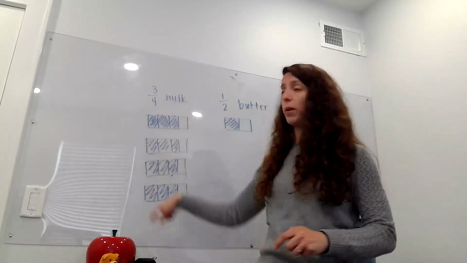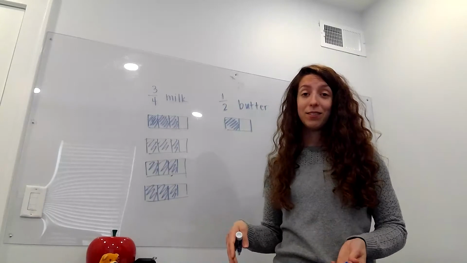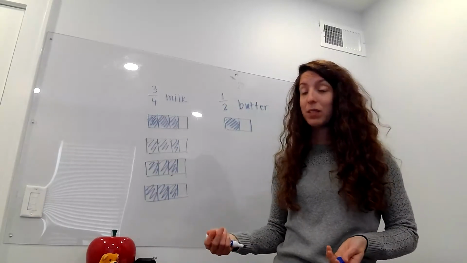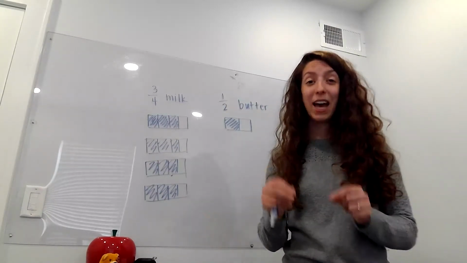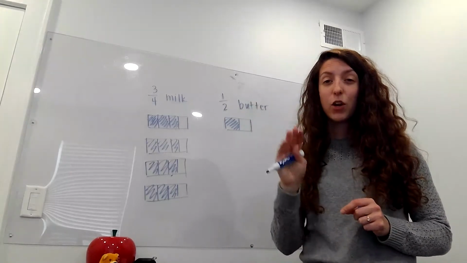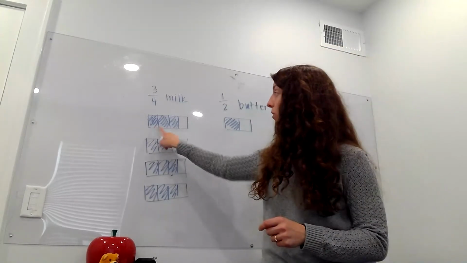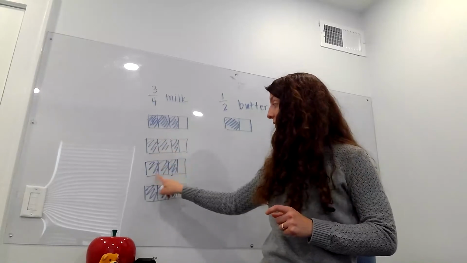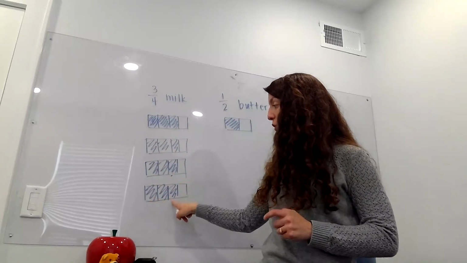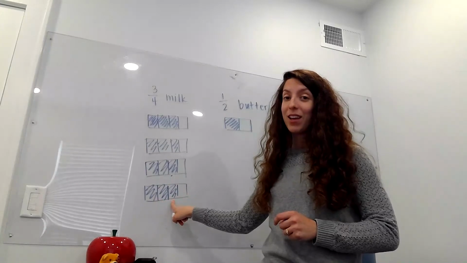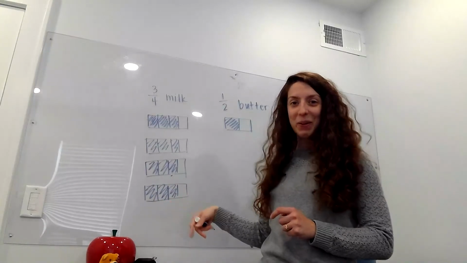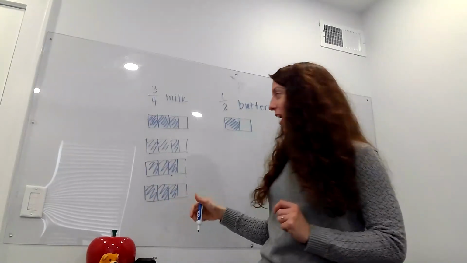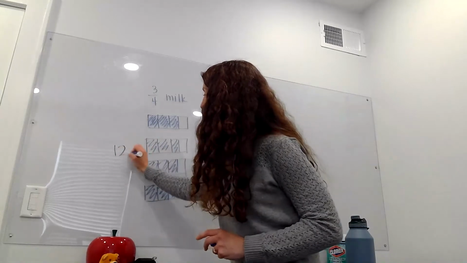So how much total milk did I use? Well, 3/4 4 times is the same as how many fourths. I'm actually going to count up how many shaded in fourths I have. So I have 1, 2, 3, 4, 5, 6, 7, 8, 9, 10, 11, 12. So this is kind of cool because I haven't shown you guys this yet, but this is called an improper fraction. If I write the number 12 on top of 4,